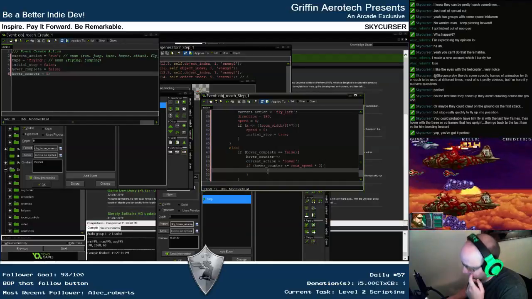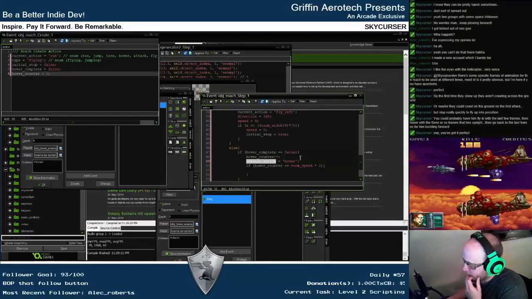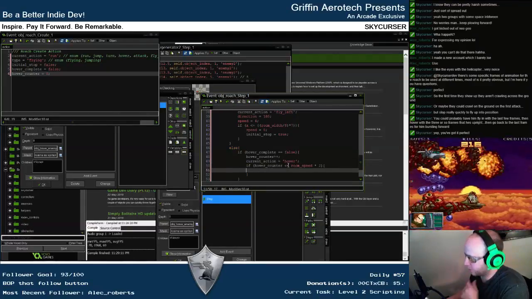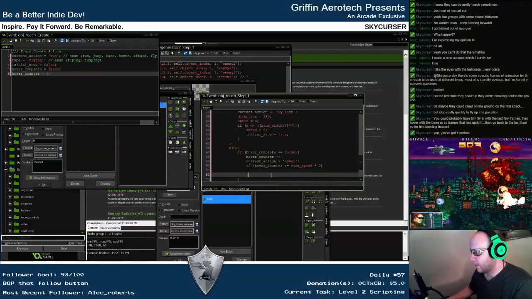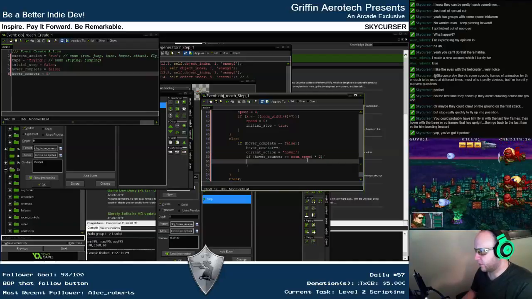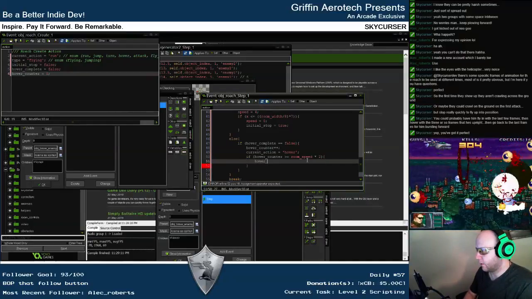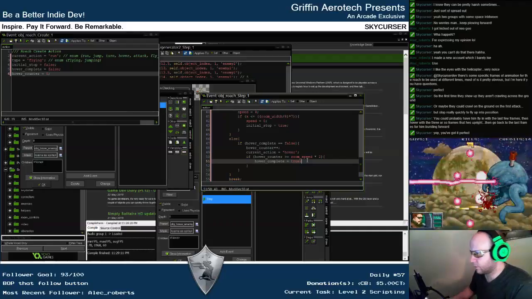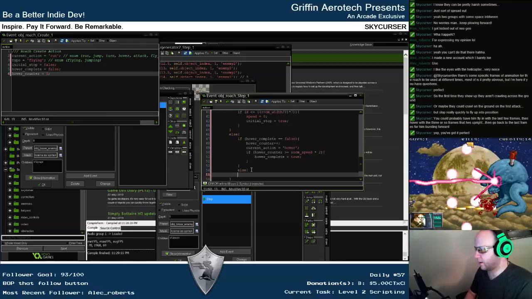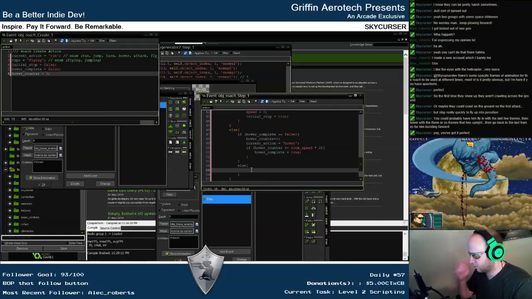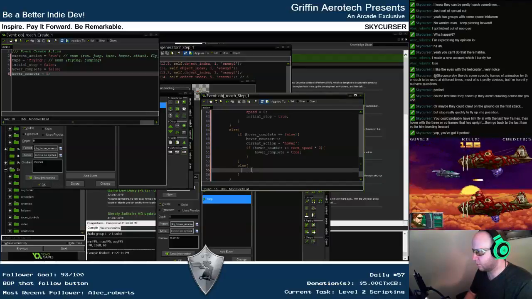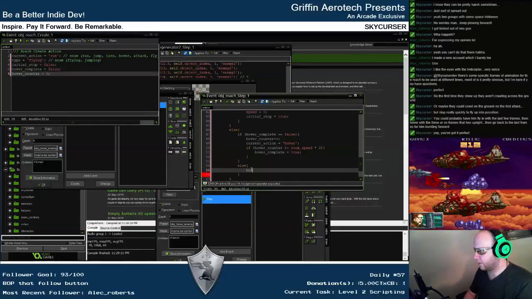If current action equals hover, then we're setting the current action equal to hover. If hover counter less than or equal to here, let's say greater than or equal to, just so we can set the hover complete to true. And so then at that point we do the attack. So that should be pretty simple. Current action